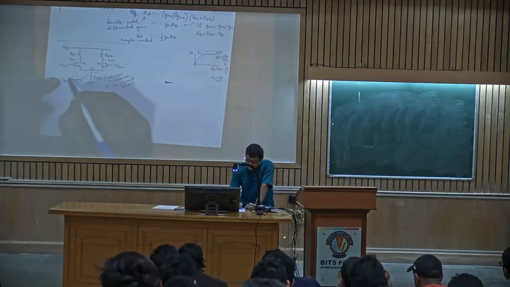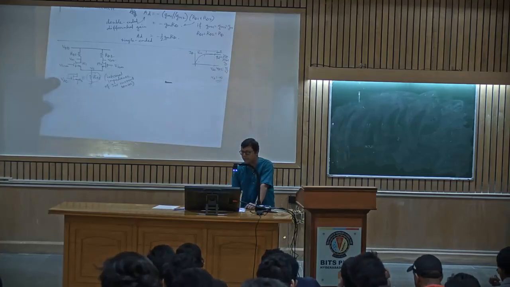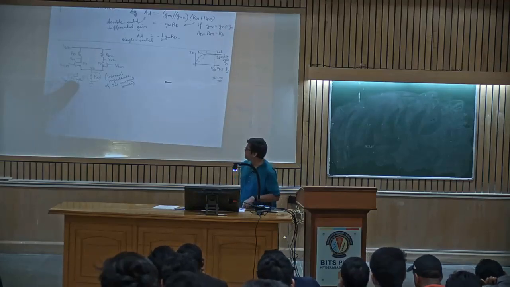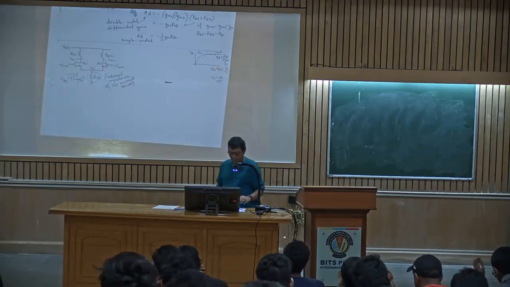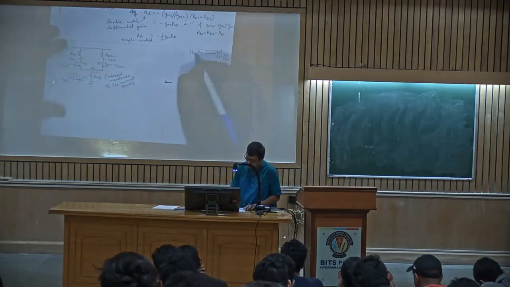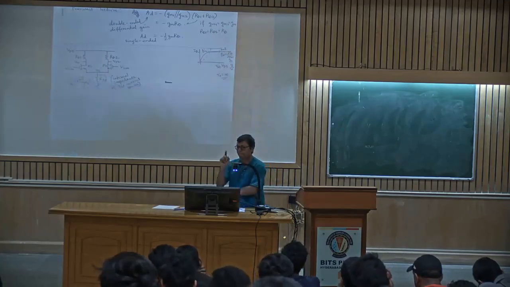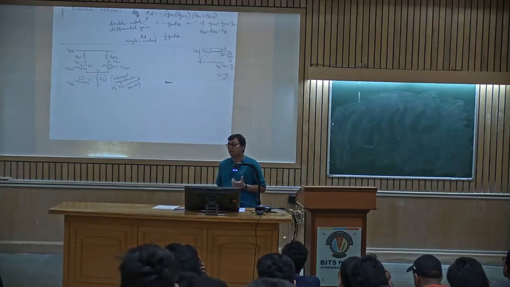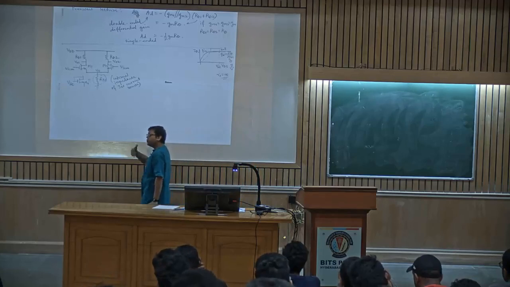So this VDC can also be shorted over here so that VDC becomes equal to VDS. That's also perfectly fine. So the whole idea is that you have to drive this transistor M3 into deep saturation so that the current remains constant. That is the constant current which you are getting. Is that part clear?